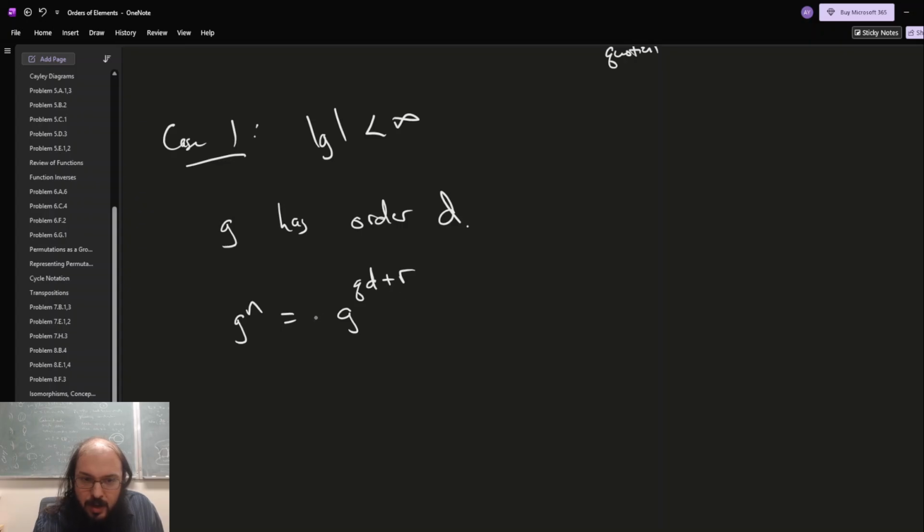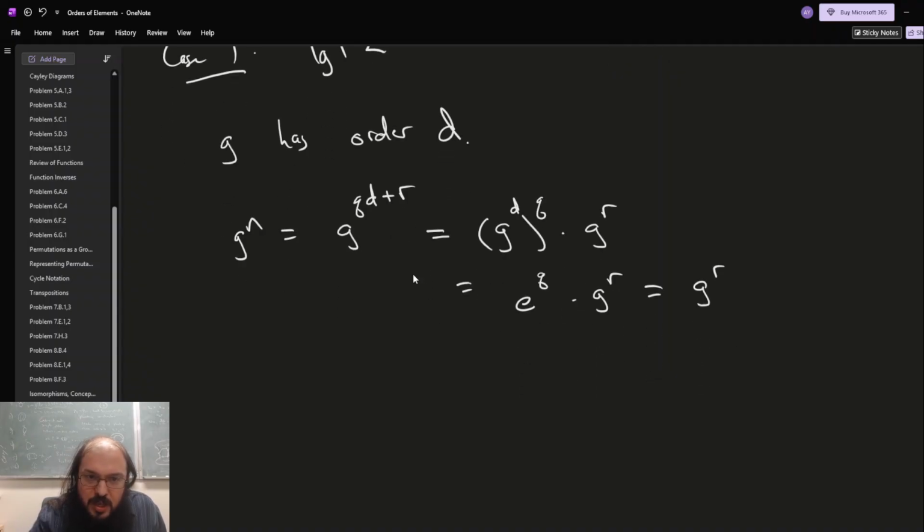I can write n as qd plus r. But now, since we know how exponents work, I can write this as g to the d to the q power times g to the r. And because g has order d, g to the d power is the neutral element. And the neutral element raised to any power is just itself. So this is just a complicated way of saying g to the r. So in other words, if g has order d,